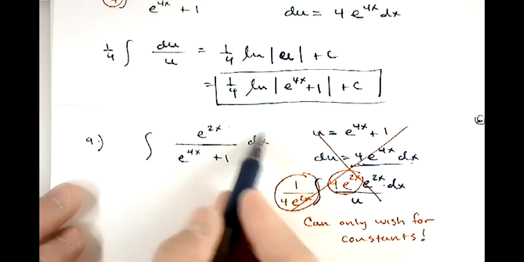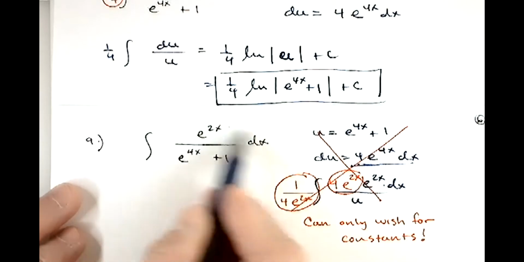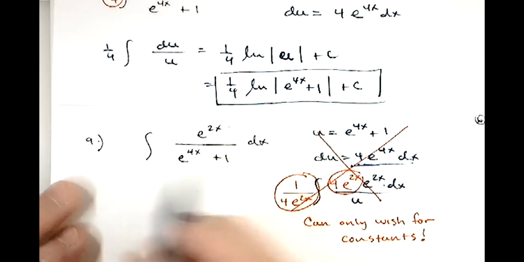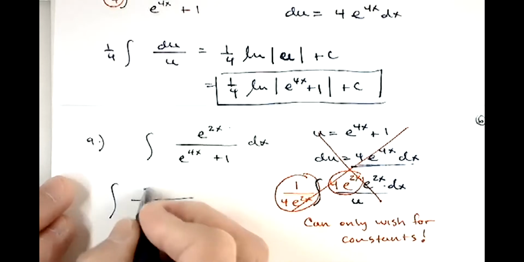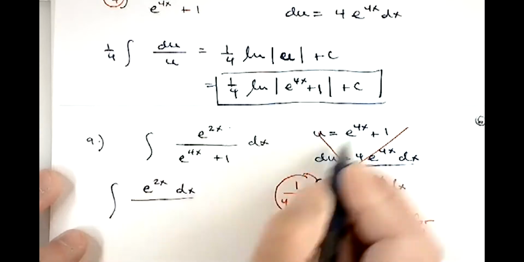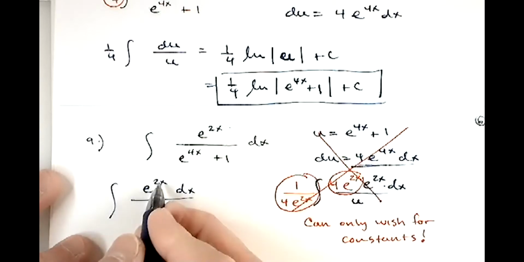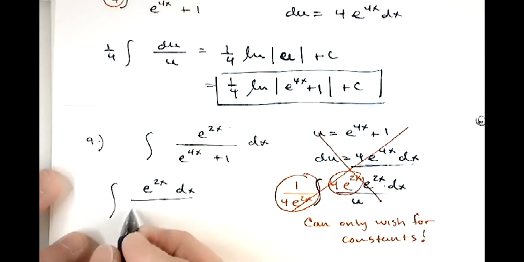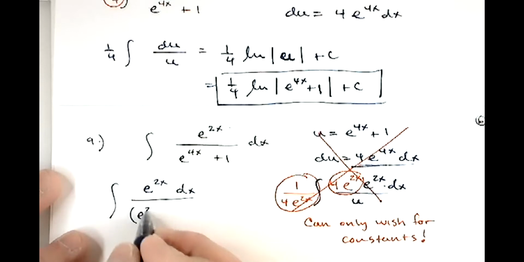So instead, here's what we're going to do. Assuming that this will become du, what's the most I could let u equal? Assuming that the numerator was going to become du, the most I could let u equal is an e to the 2x, right? Because the derivative of e to the 2x has e to the 2x in it. And that's actually going to come from here. If I creatively think of e to the 4x as e to the 2x squared,